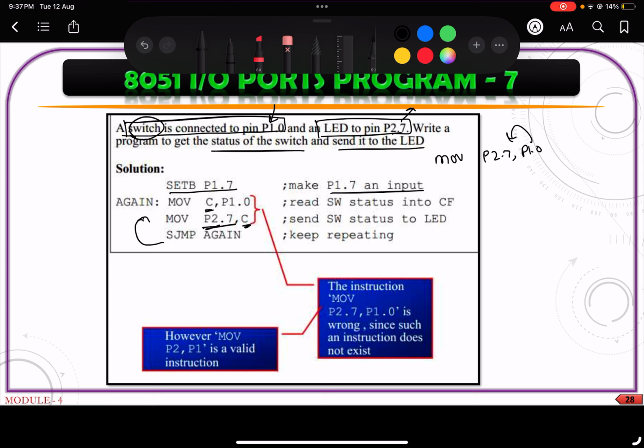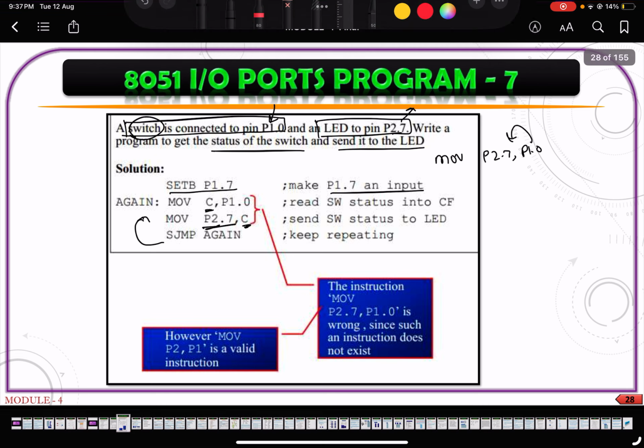So that's it for IO ports. Next video we'll be looking at timers and